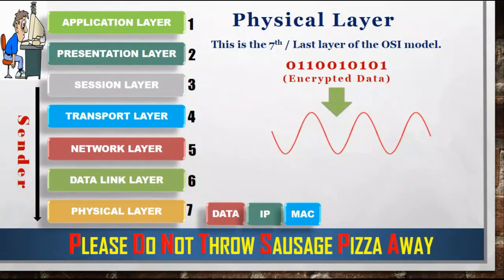These analog signals can be an electrical signal in case of copper cable or LAN cable. It could be a light signal in case of optical fiber and a radio signal in case of air or Wi-Fi. So the signal generated by the physical layer depends on the type of media used to connect two devices. This signal is received by the physical layer of the receiver system and again converted to a digital signal and forwarded